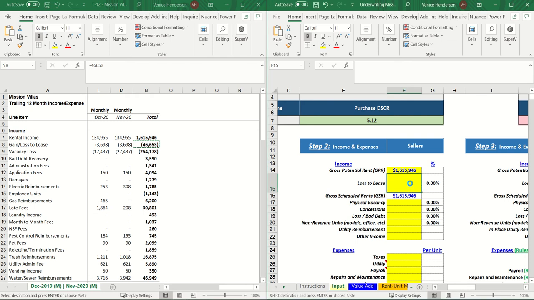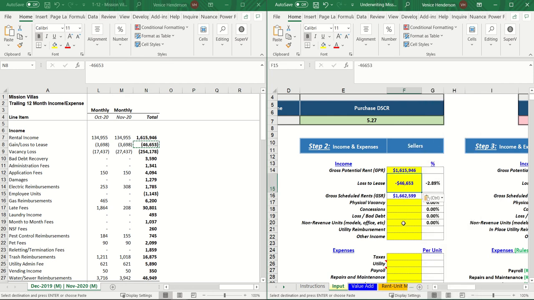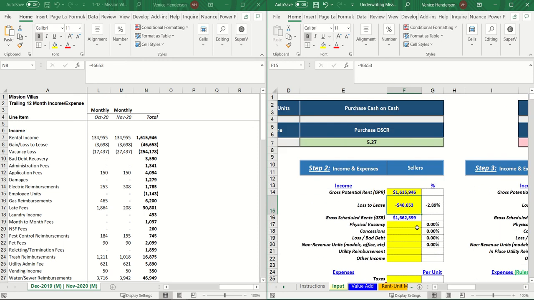So again, we're going to just populate the information. And I'm going to go back. You notice that it went from yellow to white. So I'm going to just go ahead and say paste it as a value. I actually don't want it to do that. I am going to come up here and do this because I like it when it has, so negative 46653. I like it when it has the parentheses, but I guess it doesn't offer that. Either way,